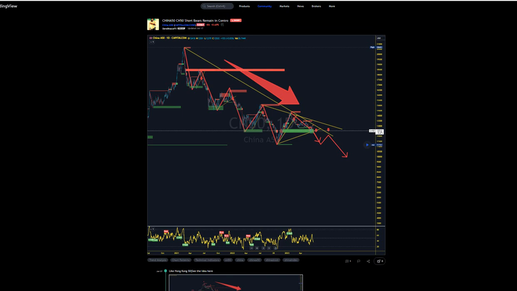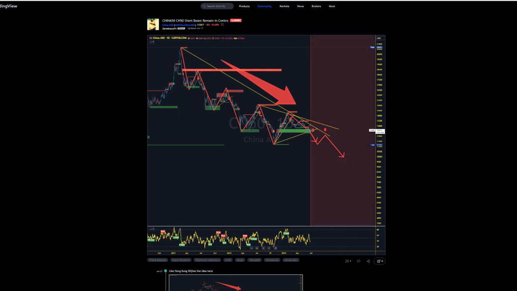First, fundamentally, we see here that the China economic index, and also the prior economic data of China and their neighbor countries, are very weak. That's also indicating a very low demand for oil if the economic situation of China is low. And we see that the trend is already